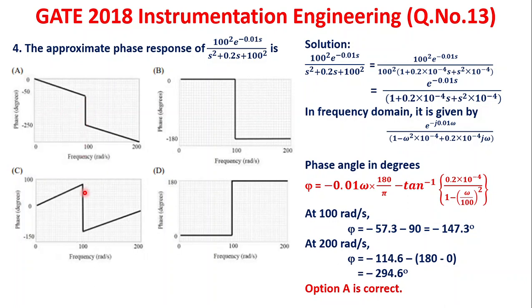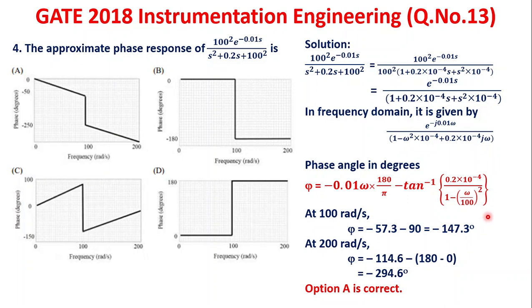So minus 147.3, even this also satisfies, but this doesn't satisfy, positive angle. Here also you can find. So you may wonder whether this or this or this. Therefore to conclude we have to find out at some other frequency also, 200 radian per second. So at omega equal to 200 for this, minus 114.6 minus, now omega equal to 200 if you put that, this will become negative. That means real part negative, imaginary part positive, means whatever angle we calculate without that negative sign, we have to subtract from 180, that's all.